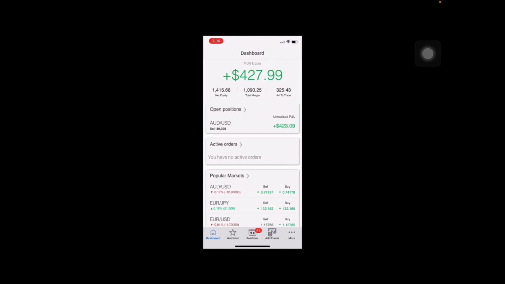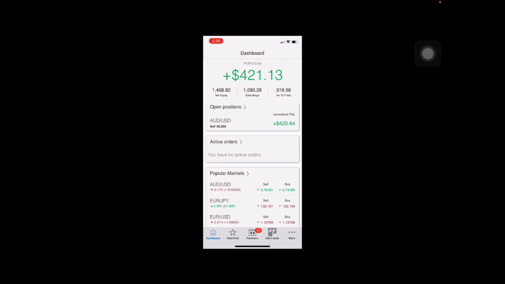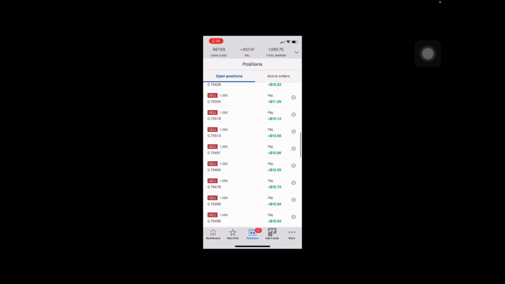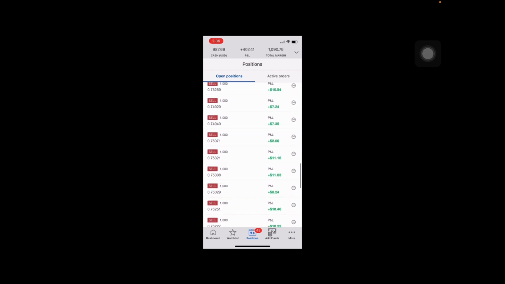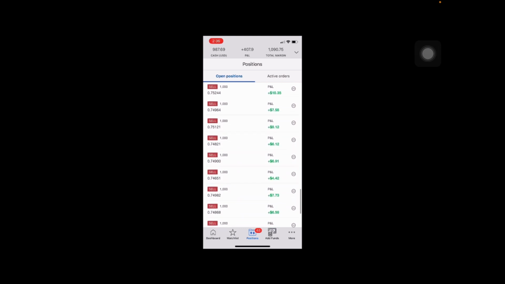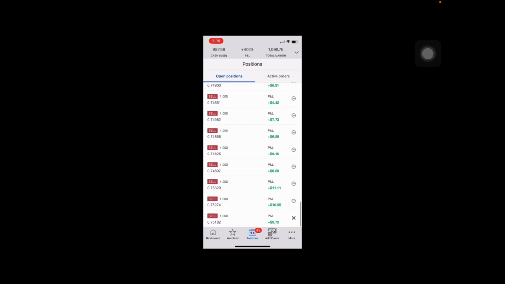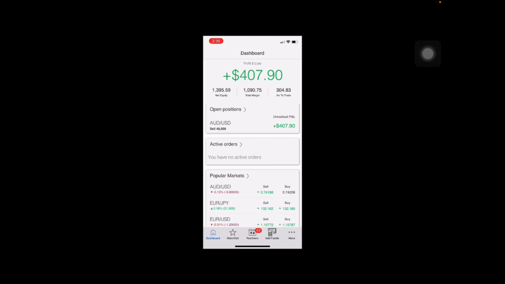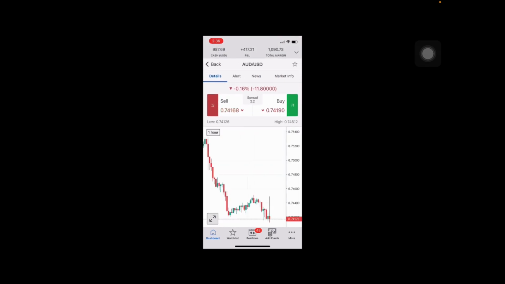So now in this next section, you clearly see I am up 428, almost $430 right now. Look at the position, look at the portfolio. Everything is in the green right now. I took a sell position, and I played this, I think, from October 26 or October 27 that I took this trade, and I closed my profit last